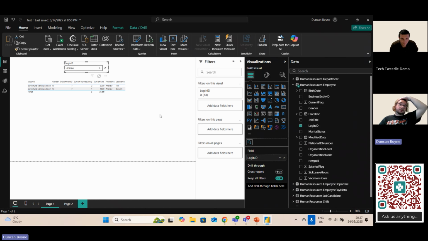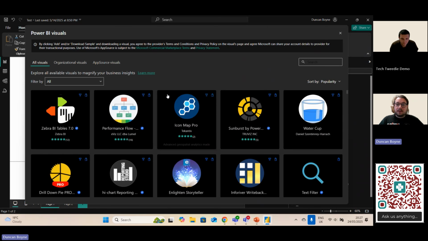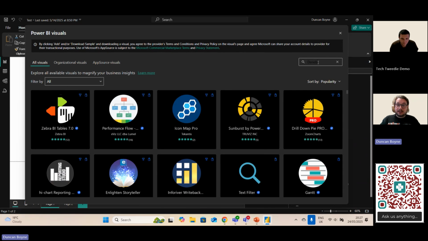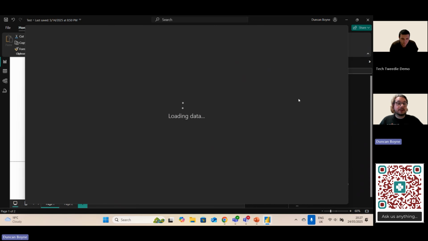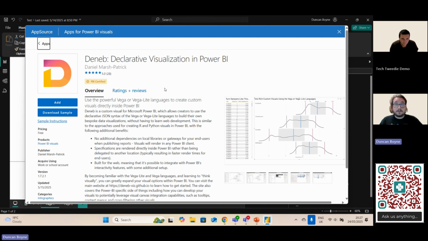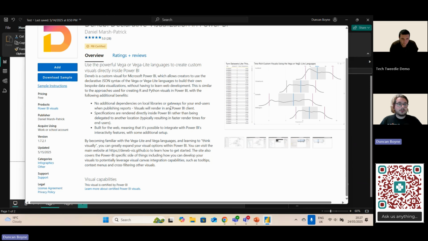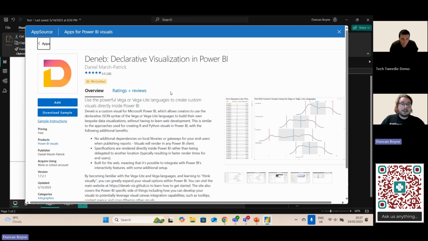I have got a couple more to show you, which are a little bit more complicated than this. It's not just quite drag and drop. So I'll take you back into the visuals. The one I'm speaking about in particular is called Deneb. Deneb was produced by Daniel Patrick. He has released a few different visuals, which I find all of them are great. Deneb is the most customizable visual imaginable. You're going to write some code,